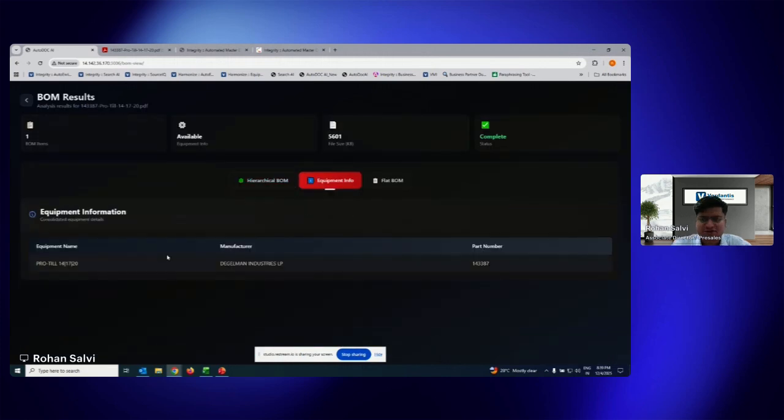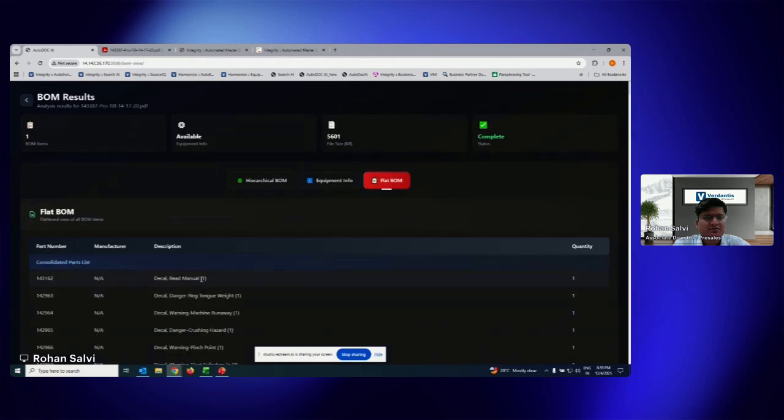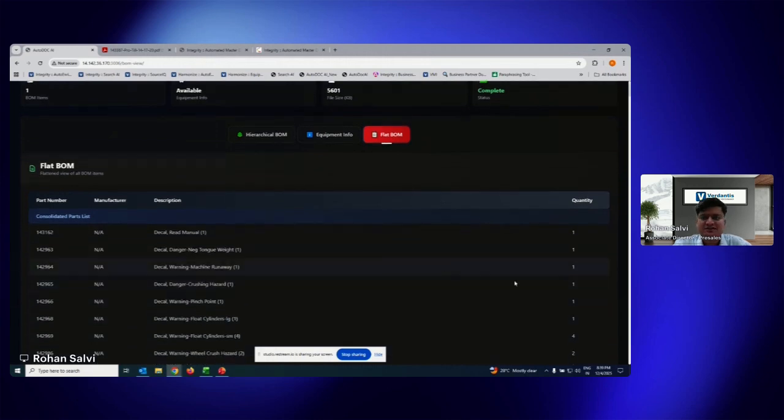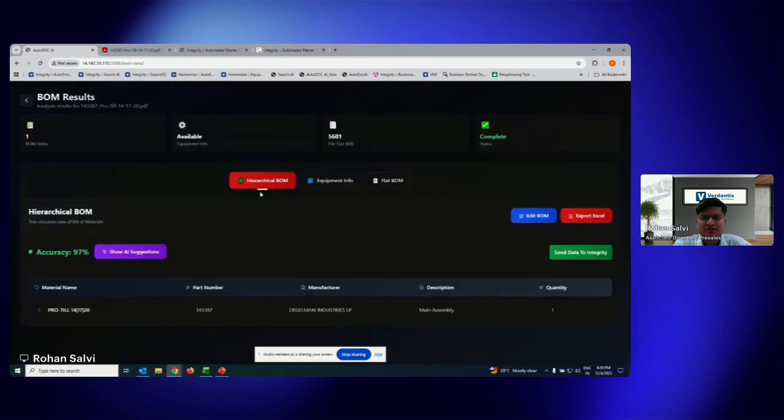So, equipment information is where it has all the models of the asset listed out. Of course, it builds the list of all the unique materials or parts which are required or part of the larger assembly, and also combines the quantities associated with each part or asset. But then coming to the hierarchical view, this is where it becomes interesting because we would want to maintain a hierarchy across the functional locations when it comes to the larger asset. And this is where the logical bill of material gets built out.